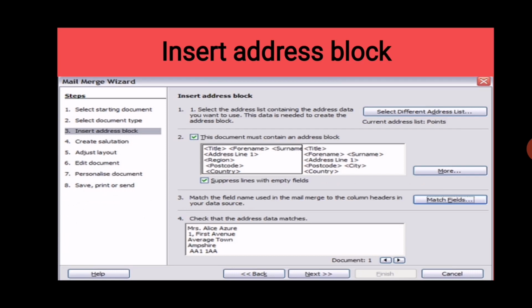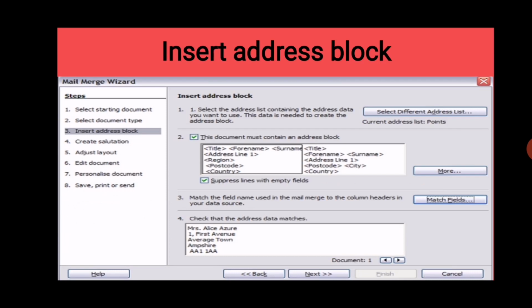After that, the third step is Insert Address Block. You can see there are four options here. First option, select the address list containing the address data. If you have any kind of database in your computer system, then you can choose from there. Second is the option for what the address block should contain, which is explained here, like title, address line 1, region, postal code and country.